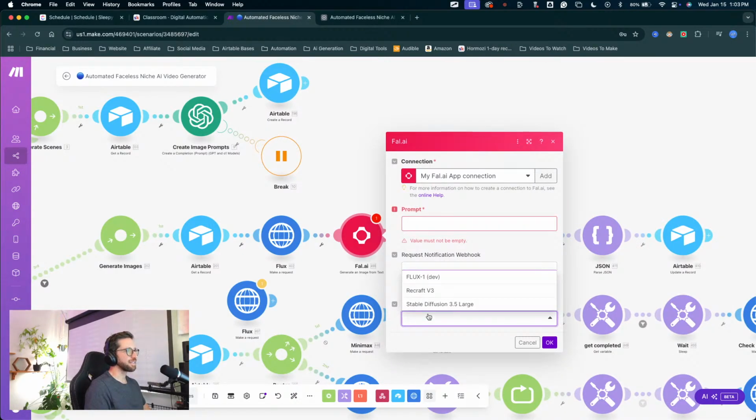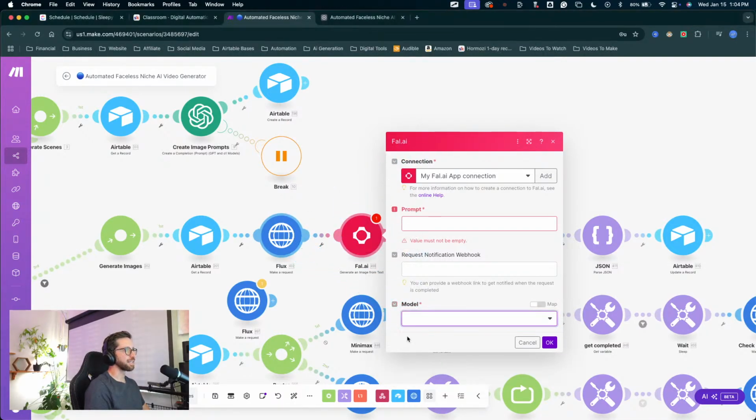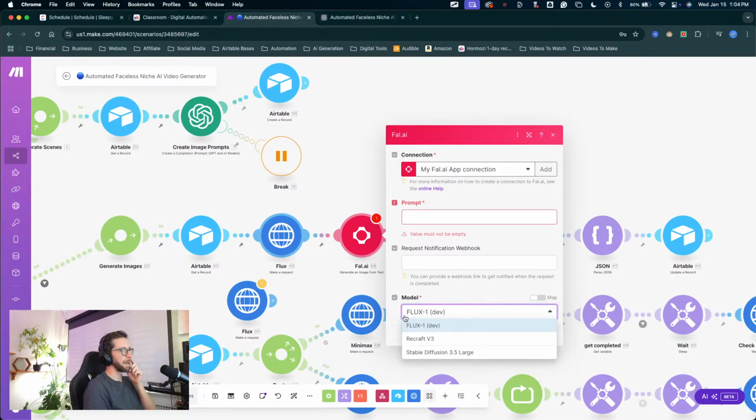All right, so this is probably the main issue or limitation with this module. We can choose, but we can't choose from the entire list of models to do this image from text operation. All we have available in the actual fal module here is this Flux one. We can try it out, but